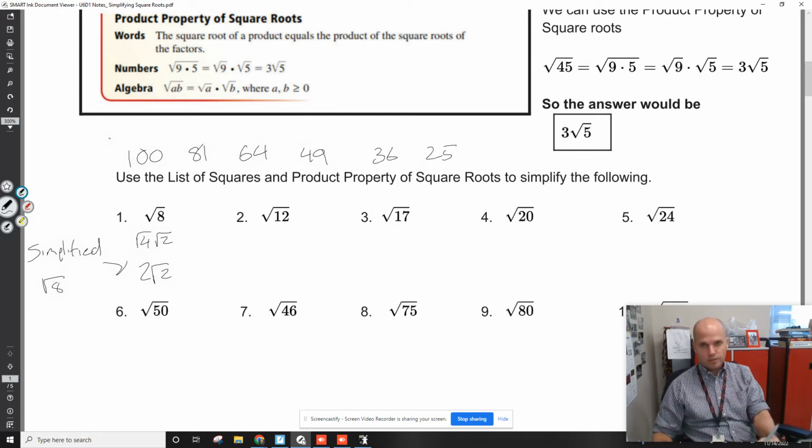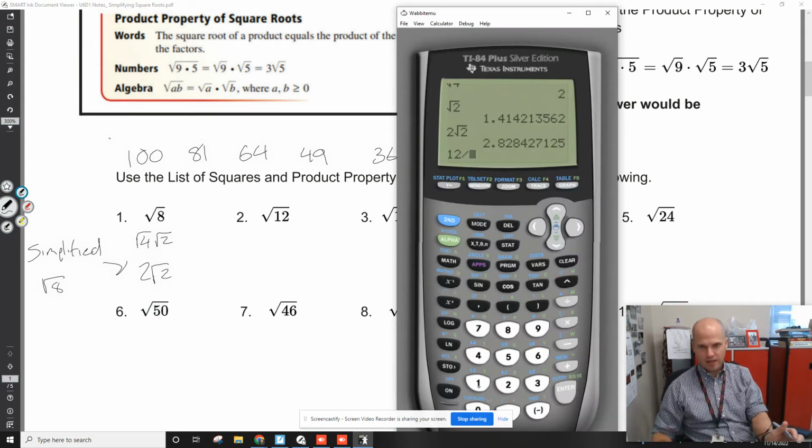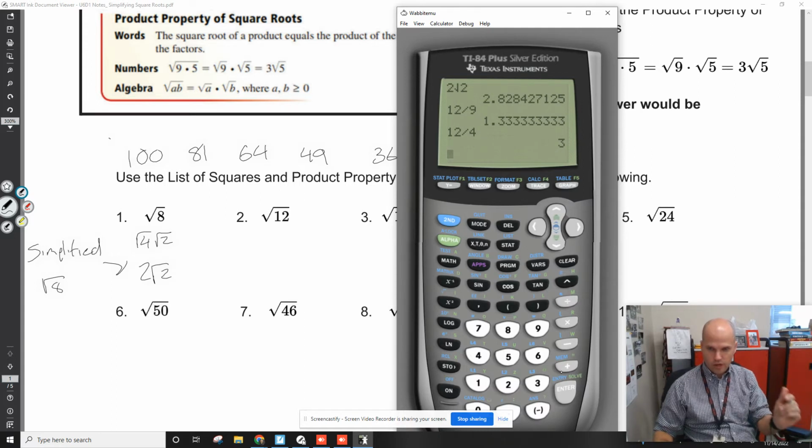36, 25, 16. It's 4 squared, 9, 4. Okay? So 12, let's see. I could try to divide that by 9. You know that 12 can't be divided by 9, but whatever. So it doesn't work. But then I try 4. It's great. Okay, 4 times 3 is 12. Now, root 4 times root 3 is root 12. You don't say like 4 times 3 is root 12. It's like root 12 is